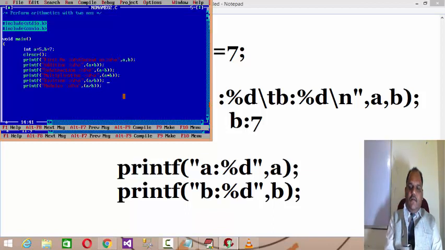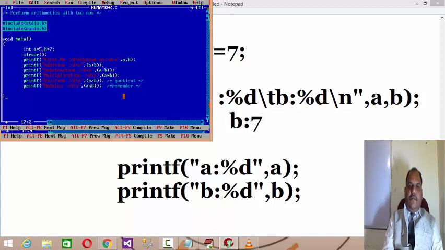Division gives you the quotient. 10 by 3 is the quotient over here. But if you write 10 mod 3, after dividing 10 by 3, what is the remainder? It is 1. That will be printed as the remainder.